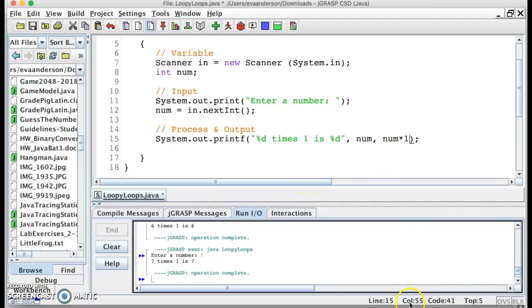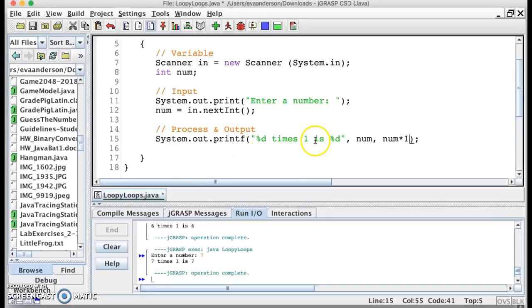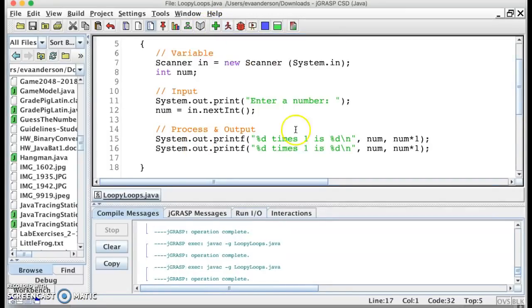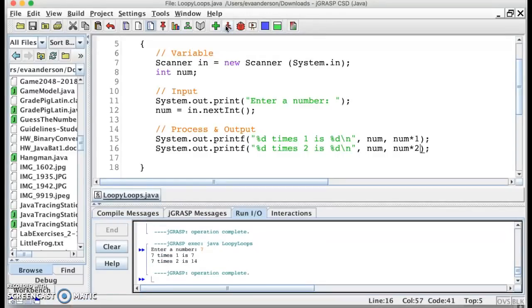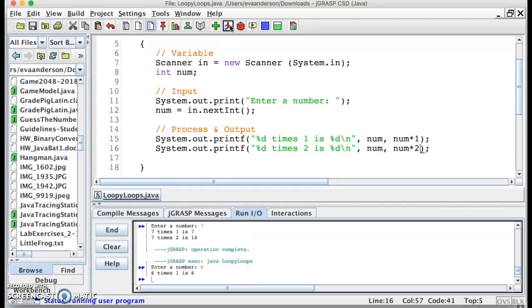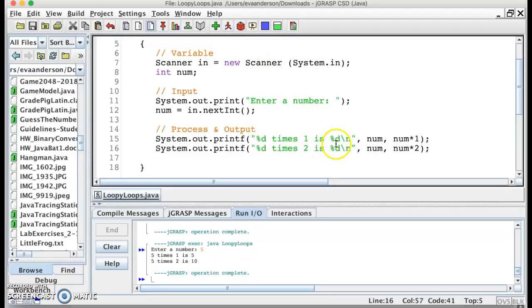So that's going to give me just a different way to look at it. Now again, I'm going to need a backslash n, because this is not going to advance the line for me. So let's just do 1 and 2 and see if this is doing what I want. All right, so if I do 7 times 1, so far it's looking pretty good. 6 looks good. Let's just try one more. Okay, so I kind of like this. Now the one thing I don't like is that I'm going to have to keep changing that, but for now,